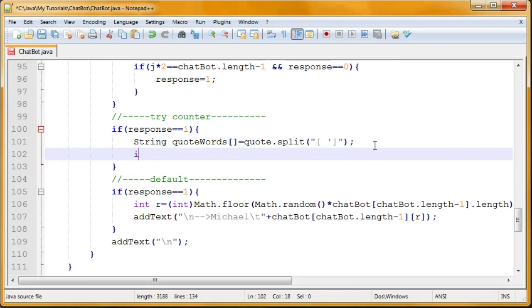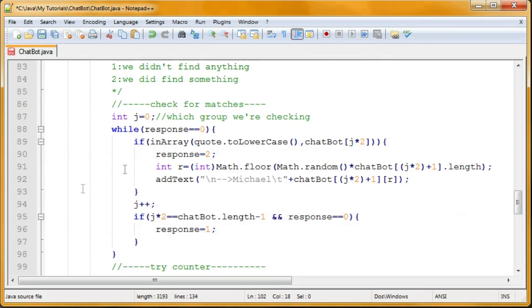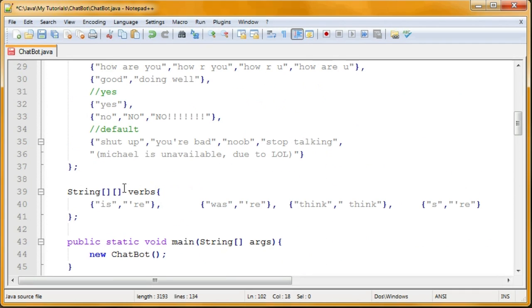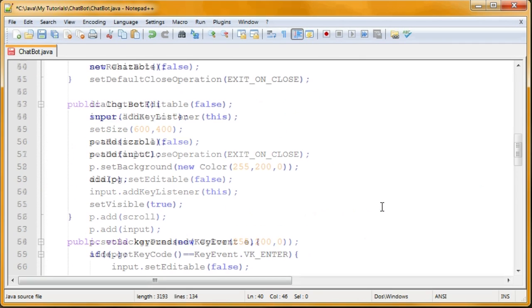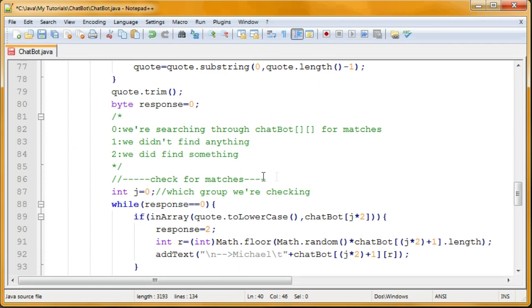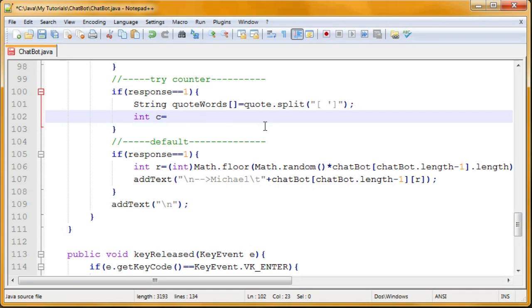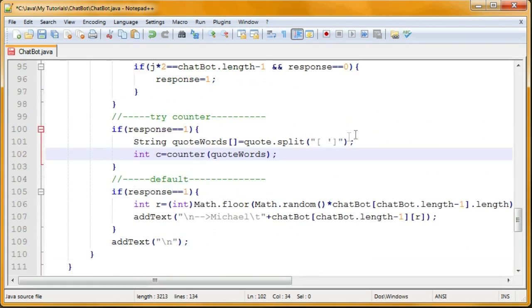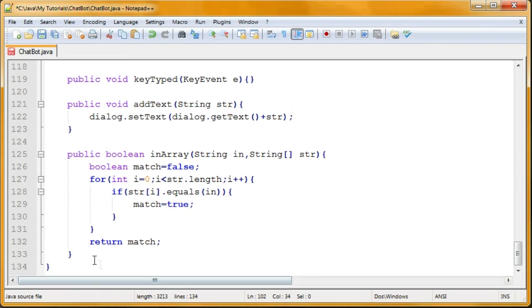Alright, and then we're going to say int c. This is going to represent which verb we're using. If it comes out to be 0, then it's this verb. If it comes out to be 1, it's this verb, and so on, and it can go as high as the number of verbs you have. That is going to be equal to our counter method that we're going to make, and as an argument we put in the quote words we just made. So this group of words will be checked, every single word, against our verb array. Okay, so